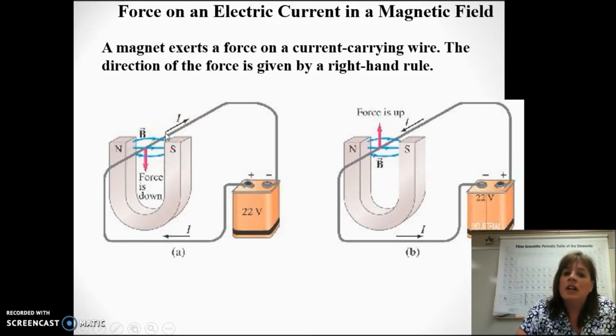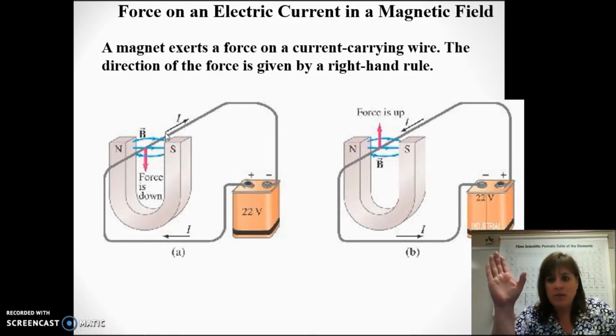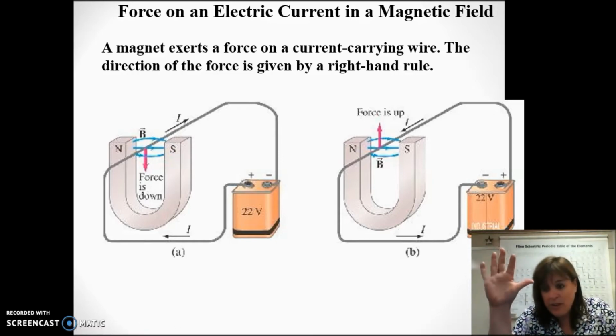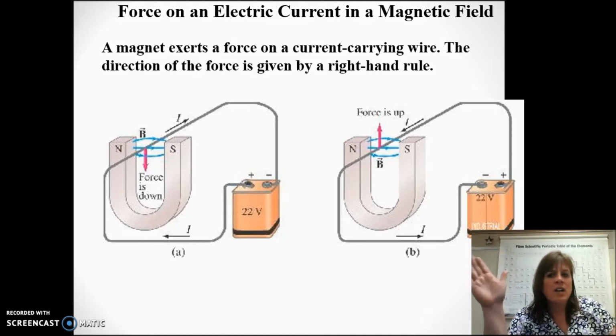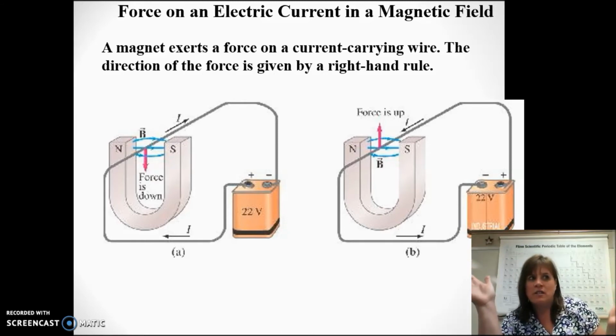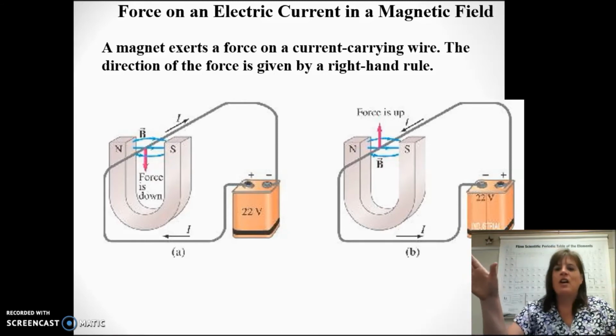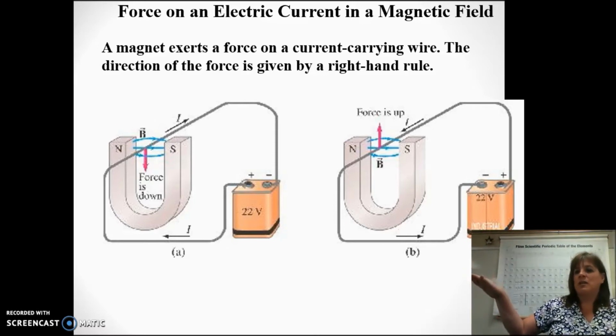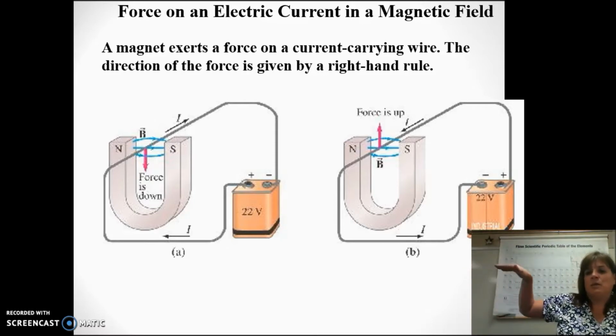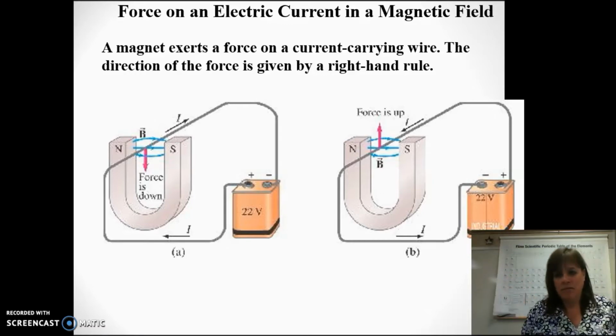So in current carrying wires, your thumb is the direction of the current, your fingers are the direction of the magnetic field, and your palm points in the direction of the force. So I know that charge is electrons, but remember we follow positive charge. So thumb in the direction of the current, which is going to be into the page. Fingers should be pointing to the right for you. Palm is pointing down. So the force on this wire is down, and it will deflect down,